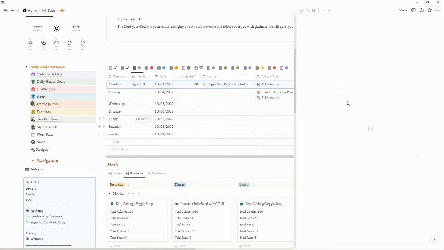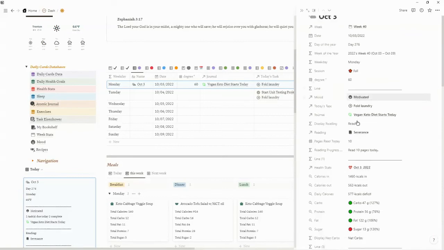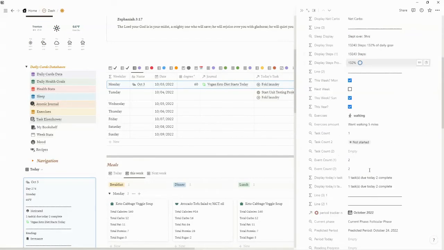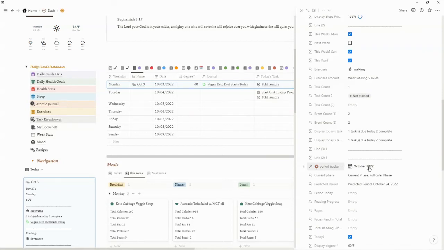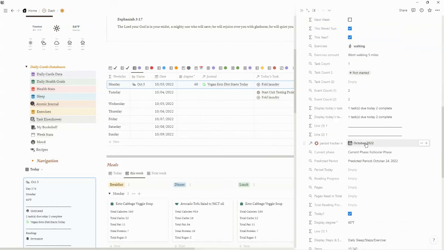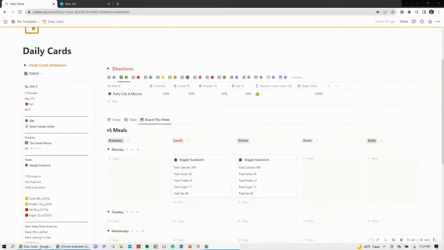Mine might be a little more messy than yours. I think I didn't. Did I organize this well? Maybe I did. Okay, so basically you have a period tracker relation, then you add in the current month, and then you can have roll-ups for whatever you want it to say. So I have mine with period today, predicted period, and current phase. Oh, and then this, oh yeah, this is the other thing I have that I added on here